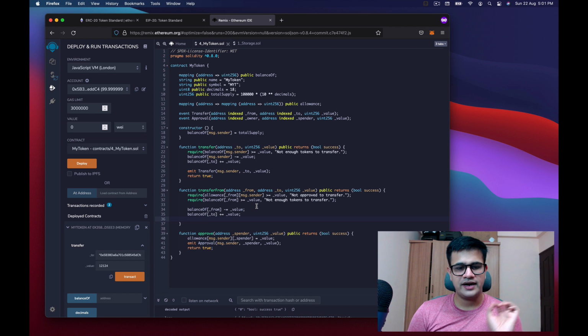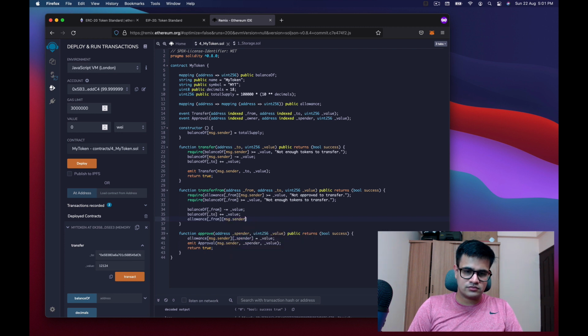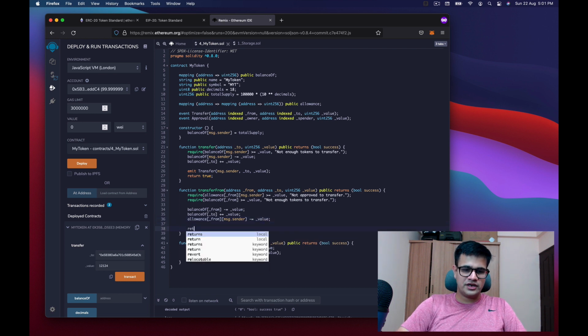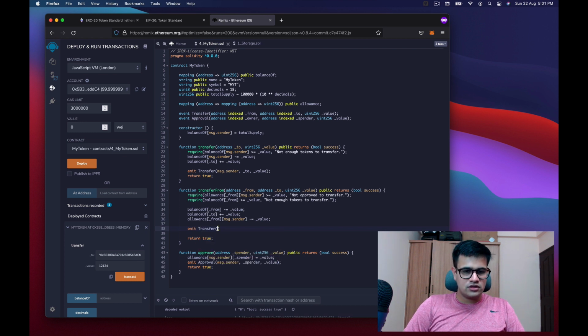So we should ideally reduce the allowance for the message sender. Great. We need to return true as well, and I think we need to emit the Transfer event. To emit this, it will be from, to, value,